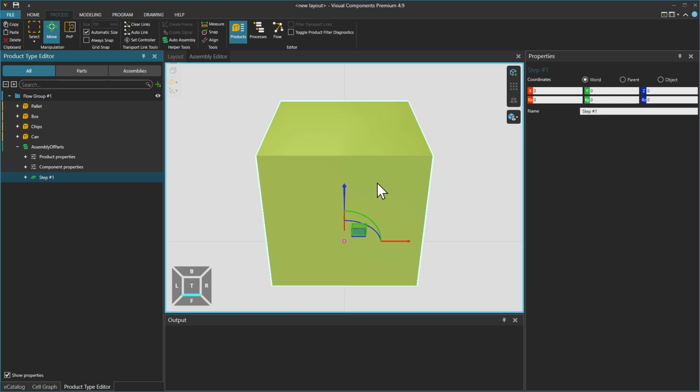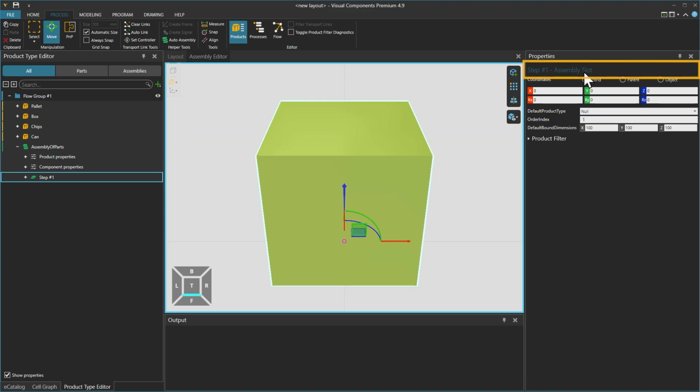product type. If we then select the assembly slot, the yellow box inside the assembly editor, note the name from its properties, indicating that now we have the Step 1 assembly slot selected. An assembly slot is the definition of a single logical storage location, which includes position and orientation and what product types should or can be placed into it.